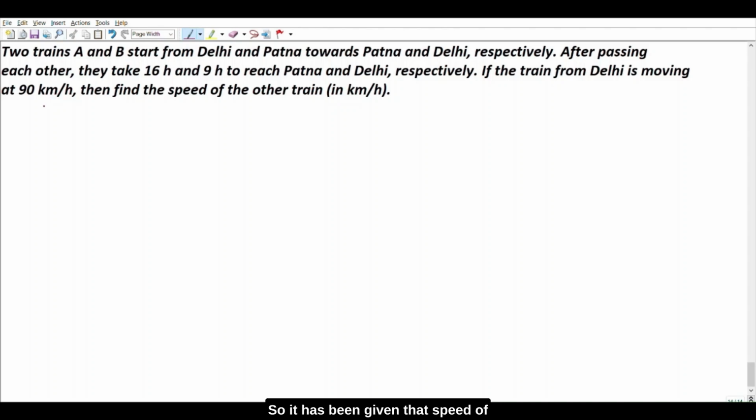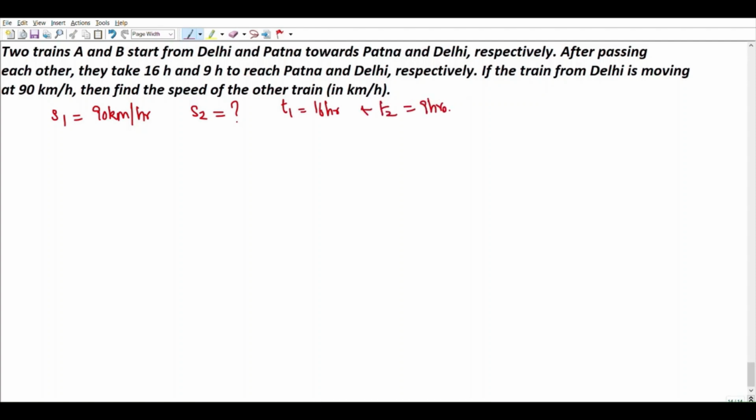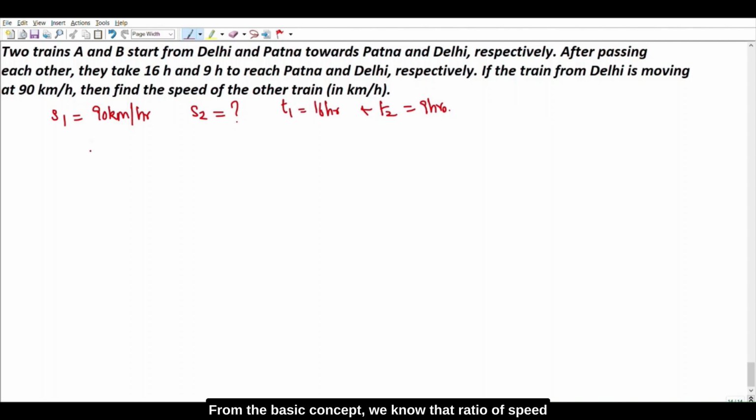So it has been given that speed of train 1 is equal to 90 kilometers per hour. Speed of train 2 is the thing we have to find. After meeting, train 1 takes 16 hours to reach its destination and train 2 takes 9 hours to reach the destination. From the basic concept, we know that